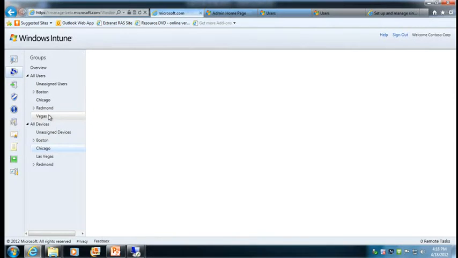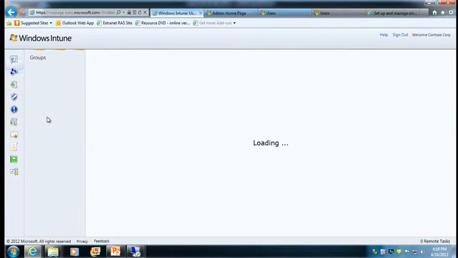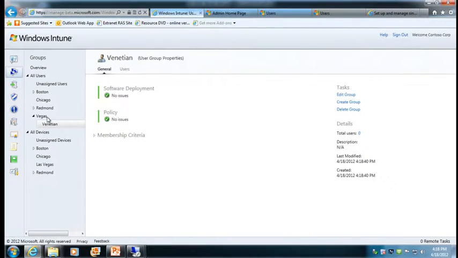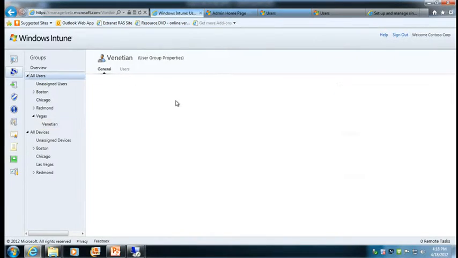And all the members of the security group, which is managed by Windows Azure AD, are now part of this group, which is managed by Venetian. It will take a minute or two to sync the users in this group into this group, but this is how we provide dynamic grouping functionality for users. One last thing that I want to show you is, if I go to the all users,